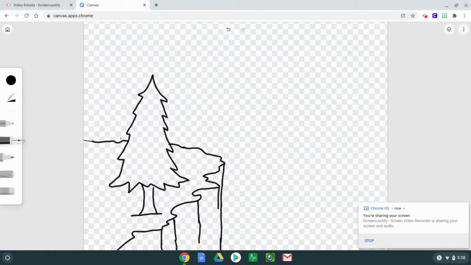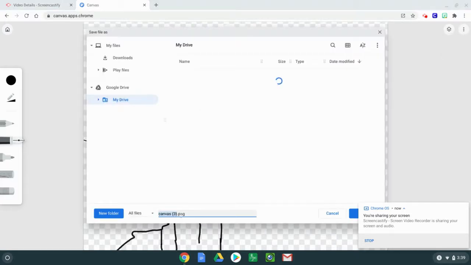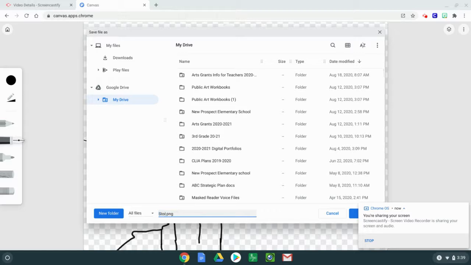The next thing that we're going to do here is I'm going to show you how you can save it as a template for your students to use. First of all, you're going to go to your menu option up at the right, the three dots. Click on it. You're going to click Save as Image. Name it something you'll remember. Story Starter